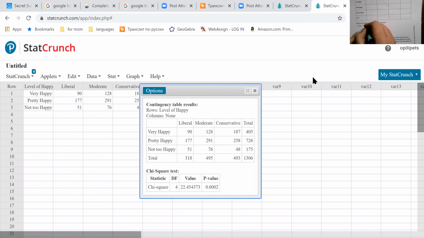So the test statistic is 22.454, and the p-value is 0.0002. Okay, and it is less than 0.05, I assume. Again, I'm assuming a lot lately. I'm assuming that our level of significance is 0.05, and my p-value is smaller than that. So that means that we're gonna reject the null. Okay, and what was our null? Our null